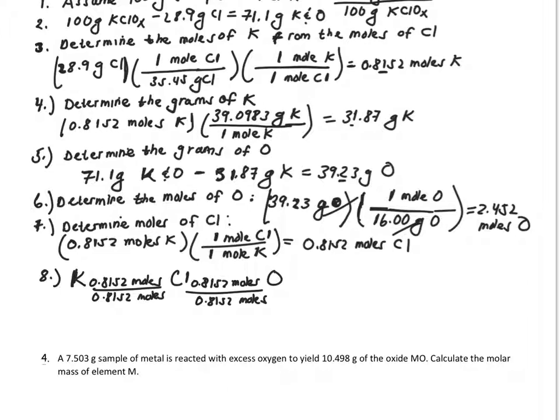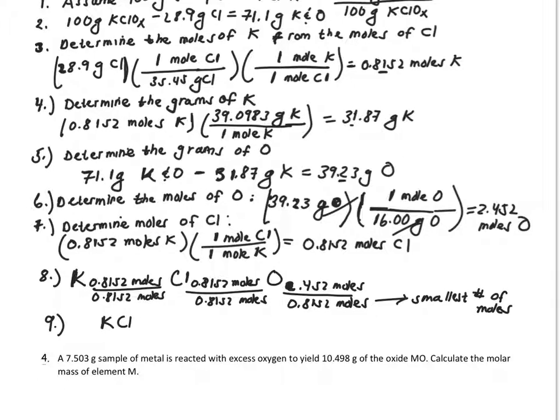And oxygen, 2.452 moles. So I've divided by the smallest number of moles, which is 0.8152. And if I divide by the smallest number of moles, my empirical formula is KClO3, which means that our X